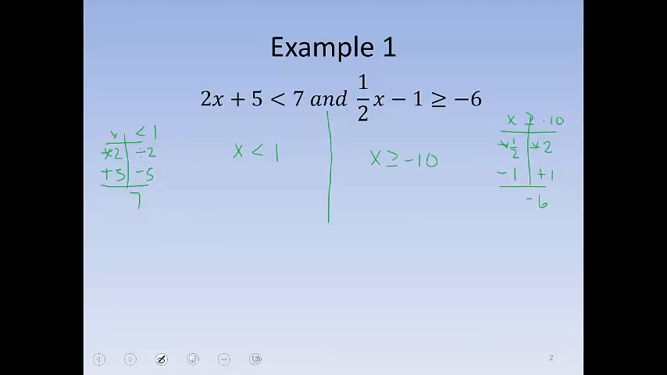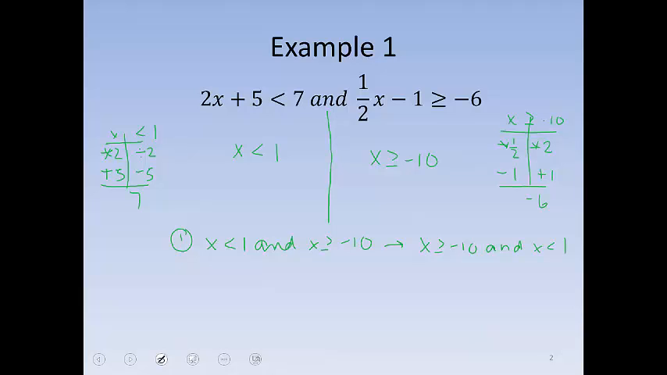So I'm going to write this in 3 ways. The first way is to write it using inequalities. And that means x is less than 1 and x is greater than or equal to negative 10. Another way to write this would be to put them in numerical order, and that actually really does help you decide some more things as we move on. So I will rewrite these as x is greater than or equal to negative 10 and x is less than